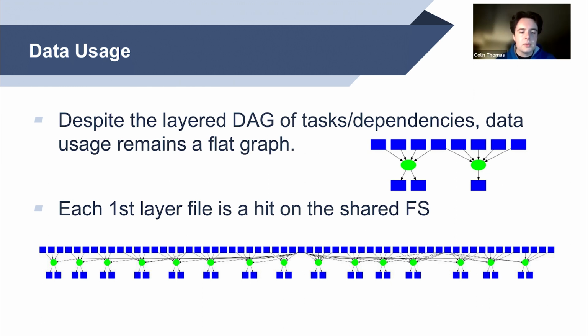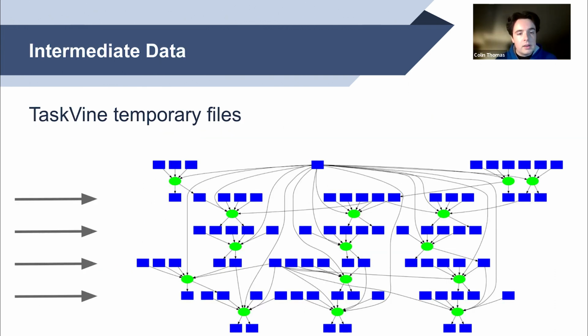And this is one of the things that TaskVine likes to work with and run experiments with. So one of the newer, more interesting features of TaskVine is this notion of temporary files, which is our way of dealing with intermediate data. The intermediate data is the data in this DAG here that is neither at the beginning nor the end of the workflow. So it's this data that appears in the middle of the workflow. It's consumed by some tasks